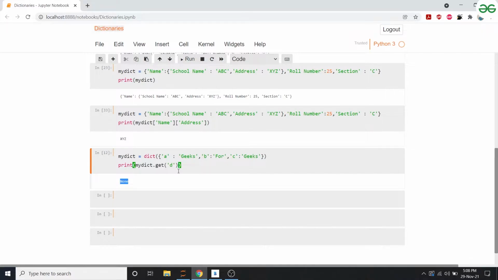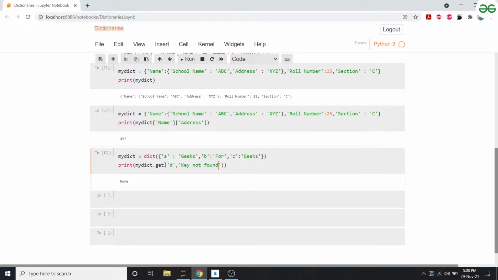Now one more functionality the get function provides is that it allows you to print or return whatever value you want. So alongside the key that I want to access, I would write "key not found". So what does this mean?